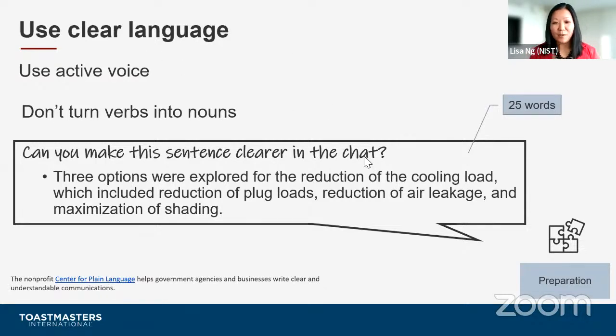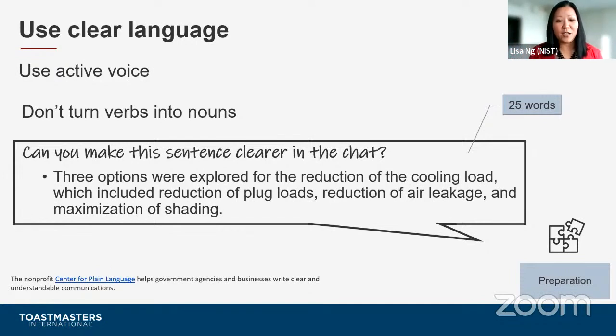And if someone wants to peek over at the YouTube stream and let us know what's said over there, that'd be awesome as well. So Janice said, to reduce cooling load, we tried reducing plug loads, air leakage, and shading. Excellent. So I will say though, Janice, we wanted to increase shading, not reduce shading, but very good. You'd reduce the number of words there. Steve said, reducing plug loads and air leakage while maximizing shading are 3 options for reducing the cooling load. Excellent. So you flip the structure where you said the solutions and what it was for second.